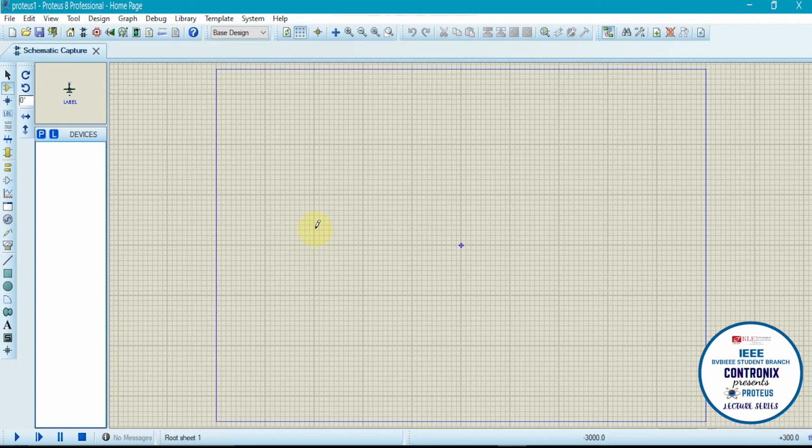Before picking up the parts and the components in the Proteus library, let's see what different kinds of modes are available in Proteus. So here you can see this left panel. Here the different modes are available. When you hover over any icon, you will see the name of the mode. As you can see, we are currently in component mode. In the component mode, you can choose different types of components and pick parts. Similar to that, there are different modes available, that is junction dot mode, wire label mode, and text script mode.